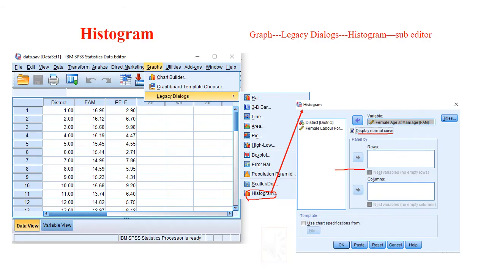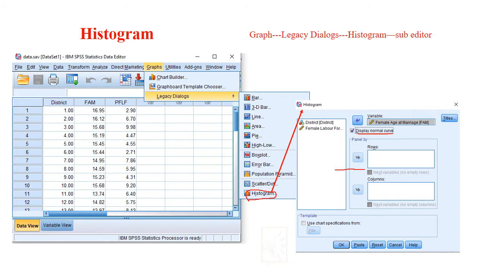Another approach is to examine the distribution using the histogram from the graphic editor. Go to Graph, then Legacy Dialogs, and in the sub drop down menu, at the end you will find Histogram.